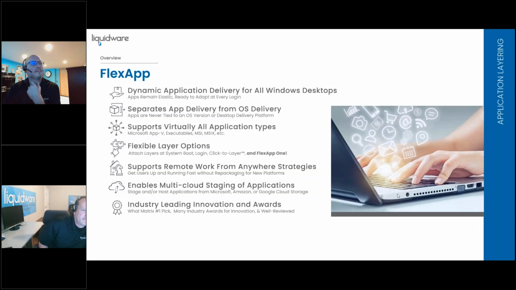FlexApp has very many updates as well. So if you'll remember, FlexApp is our dynamic way to deliver applications across any Windows desktop. It separates out the app delivery from the OS delivery. And it supports virtually all application types by doing that. So you hear us talking about MSIX today, but